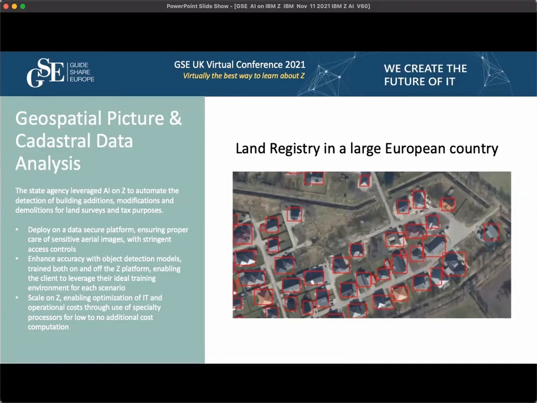And they're scanning drone aerial images of buildings and plots of land, and they're looking for modifications or additions to homes in this case, to use for tax assessment purposes to make sure that homeowners are assessed accurately in terms of the property and land taxes that